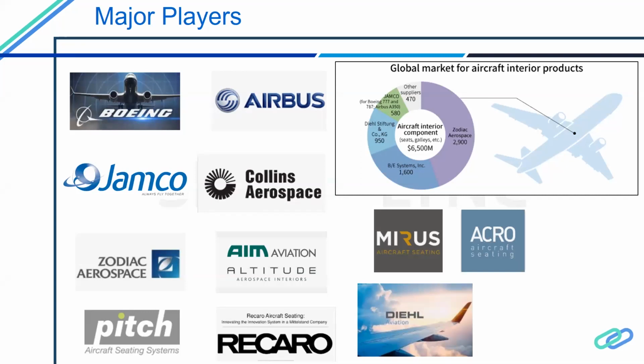You can see that BE Aerospace, now Collins Aerospace, generates 1,600 million a year, and is one of the major key players in the market. Along with Zodiac Aerospace, they are based at different sites in different countries: France, the UK, and the US. Recently, Collins Aerospace,